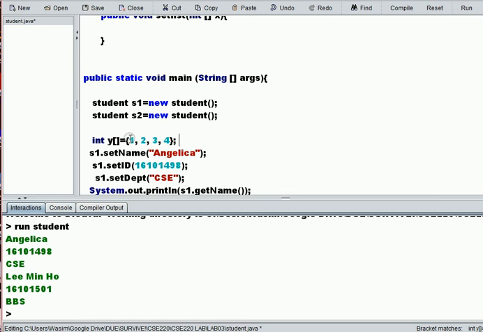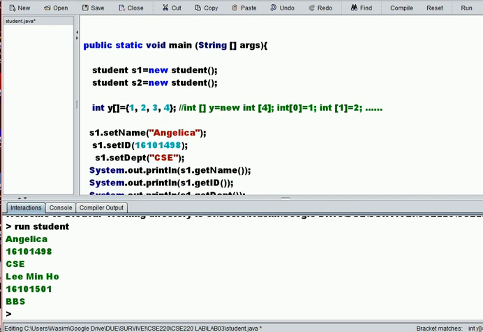If you don't know, this is similar to writing int y equal to new int, how many did I write? 1, 2, 3, 4, 4. And then you write y[0] equal to 1, y[1] equal to 2, index starts from 0, and similarly the rest. This is the same thing. Okay,